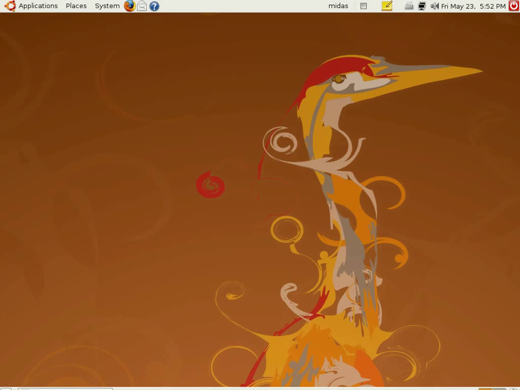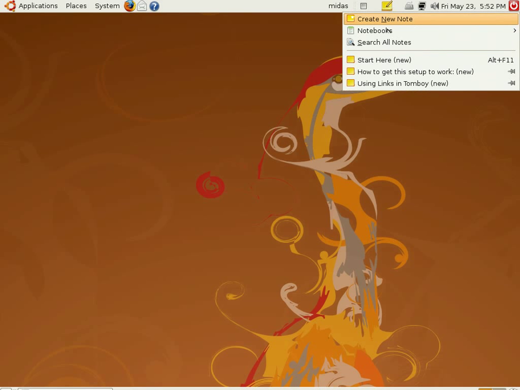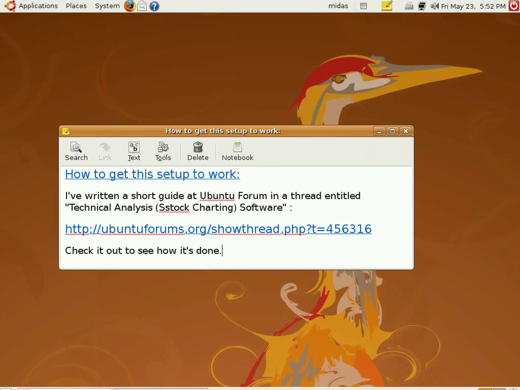If you think you would like to use Metastock in a Linux environment, you can follow these instructions at this web address. This is a reply that I've written to someone who has asked how to use Metastock in a Linux environment. So if you have enough motivation to try it out,